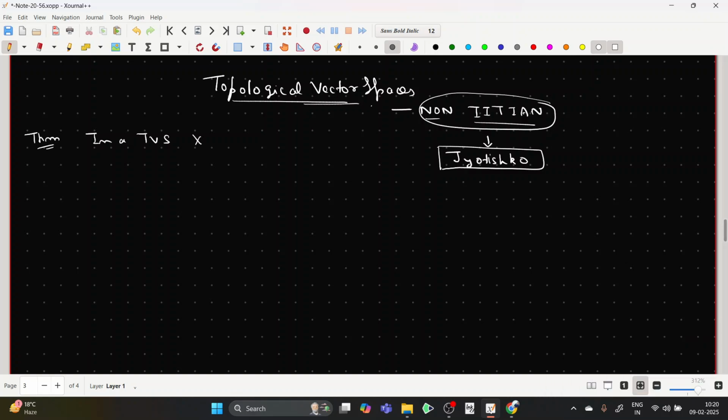Okay, so in a topological vector space X, what do we have? Number one, every neighborhood of the origin contains a balanced neighborhood of the origin, and we have one more property which says that every convex neighborhood